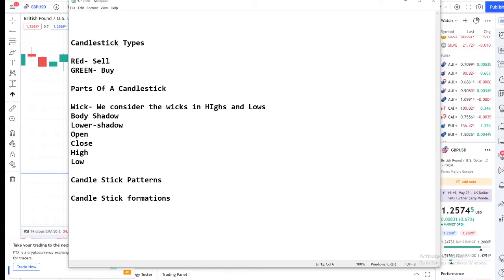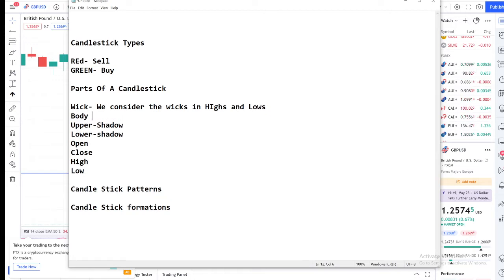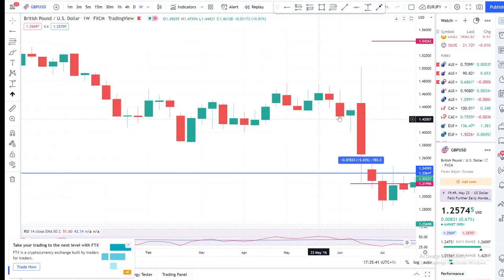But for the body, we only consider the body when we want to say the open of a candle and the close of a candle. If I ask what price this candle opened at right now,